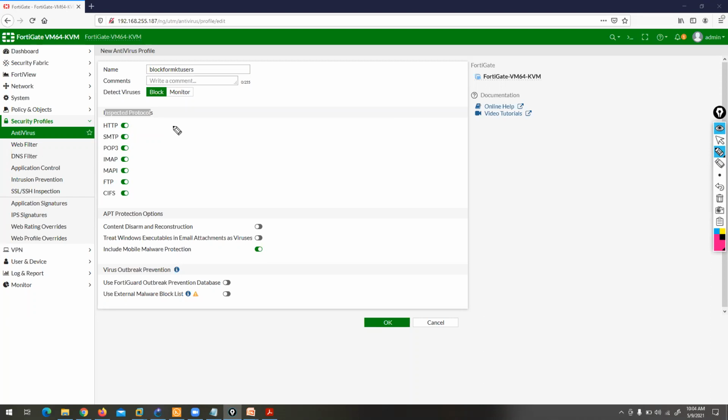If the user is trying to download any file through an HTTPS connection, your firewall cannot detect it. For this, you need to define the SSL decryption option. If you want to inspect your HTTPS connection, you need to discuss a different topic, which is called SSL decryption. With SSL decryption, what if the user is trying to download any file through the firewall?